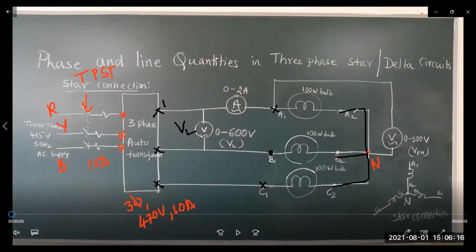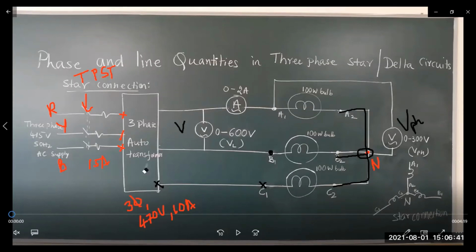Let me ask one more question to you. How do you measure the phase voltage? In order to measure the phase voltage, you can use another voltmeter. See, this will be the phase voltage. So how do you say that this is phase voltage? This is one line, agreed? So this will be the neutral point. One line and the neutral point. The voltage between one line and the neutral point is known as phase voltage. I hope it is clear to you. So likewise, you have to perform the connection.